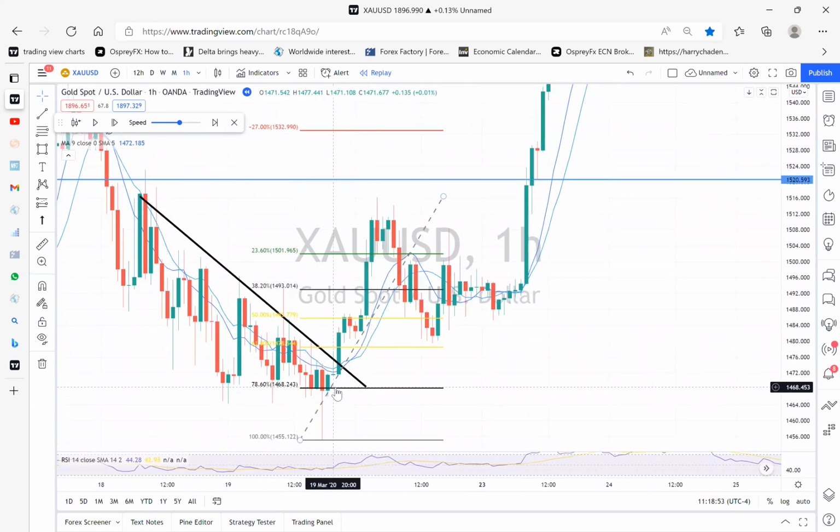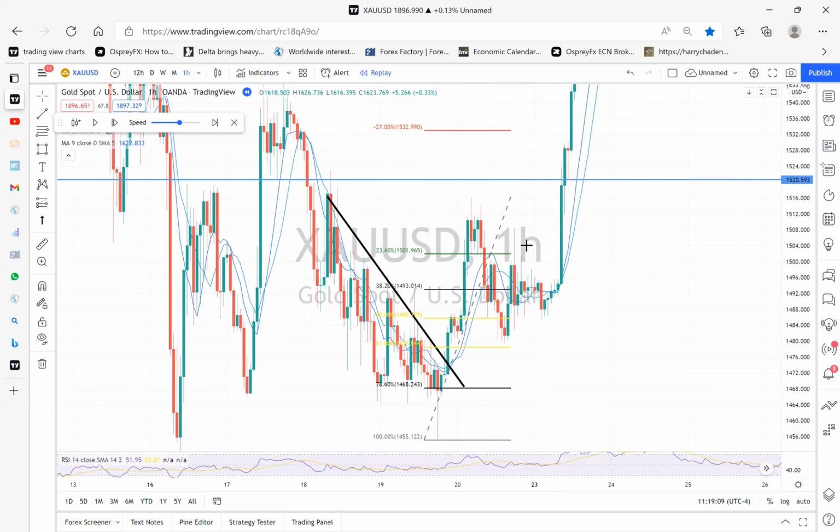You see that? So it provided you with one, two trades. If you had stayed in this trade, you could have got the entire move all the way up, right? On a larger scale,